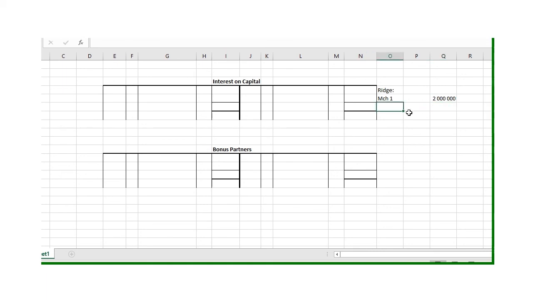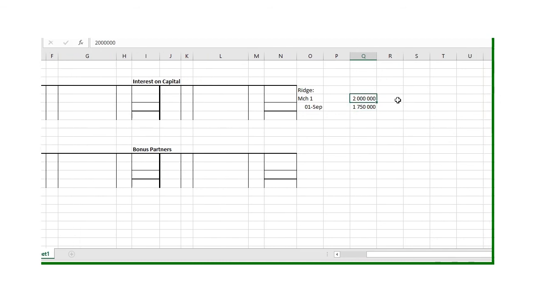But he decreased it on September the 1st down to 1,750,000. So be careful now. He had 2 million from the 1st of March till the 1st of September. On that, he's going to get interest. Then from the 1st of September till the end of our year, which was 28 February, he reduced it to 1.75. So I must work out the interest for that part of the year on 2 million and for the second part on